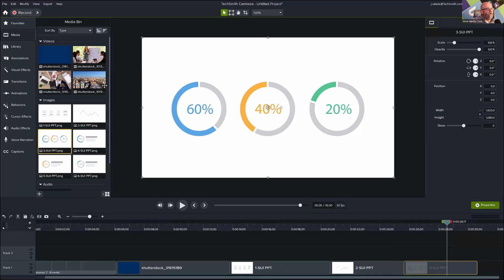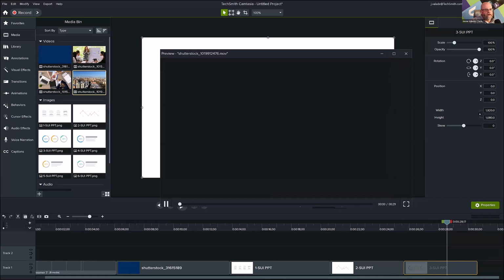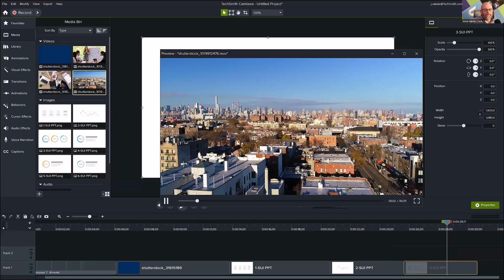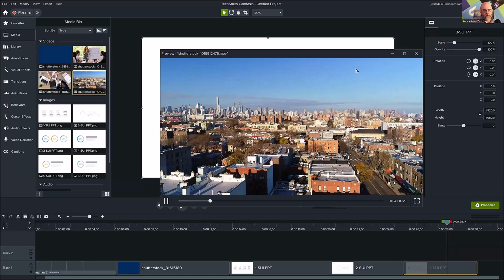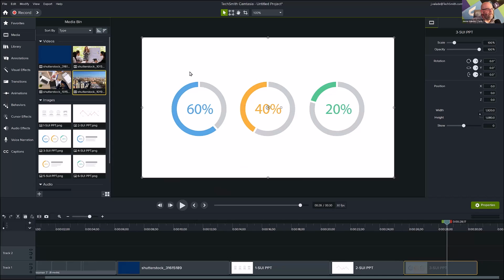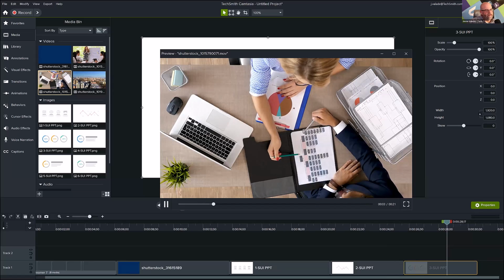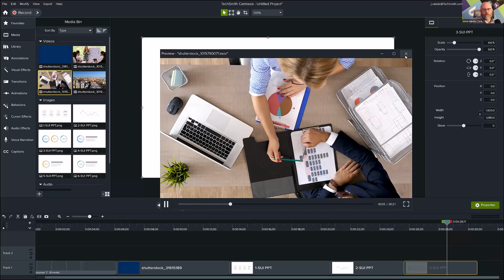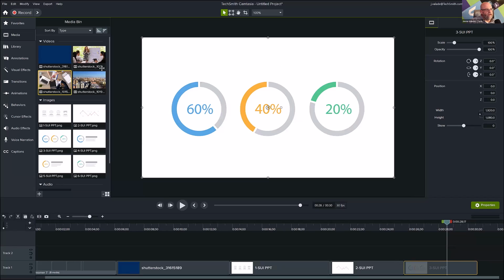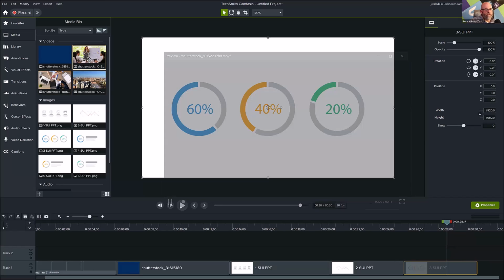I think I'm going to use one of these stock footages. I have this one because I'm a huge fan of New York City, and I just happened to grab this. I don't know if this New York City footage is going to work, so I don't think I'm going to select that one. There's an overshot here of people working on what looks like businessy type things, but it feels too disjointed to me. I think the one I'm going to use is this one,